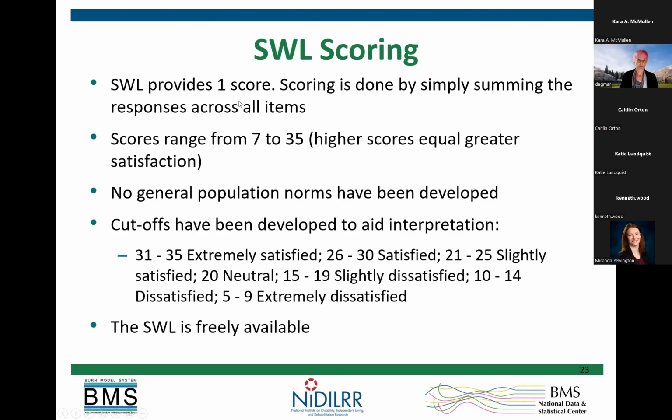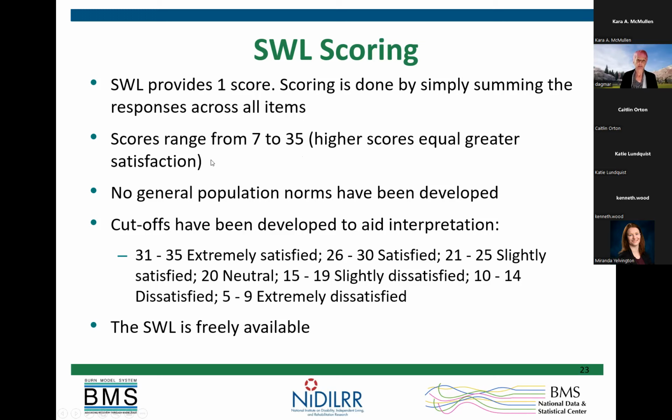In our cases, we score responses across 4 items because we dropped the fifth item. So we developed slightly different scoring. For the original scale, the scores range from 7 to 35, and the higher score indicates better, more